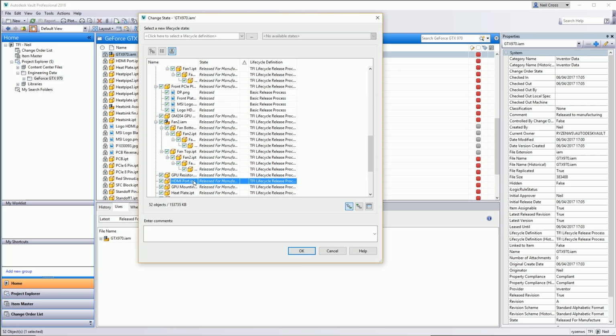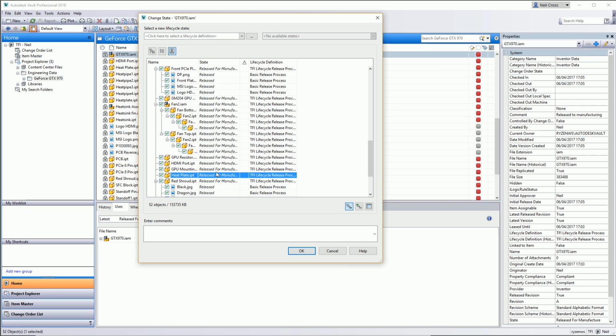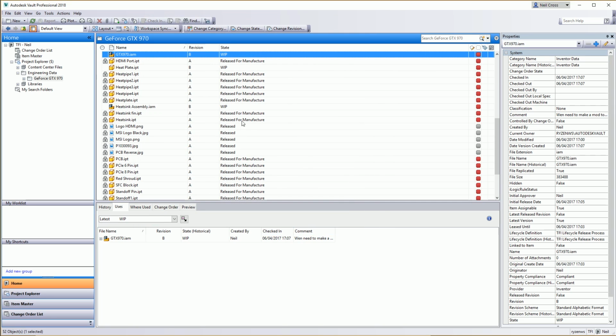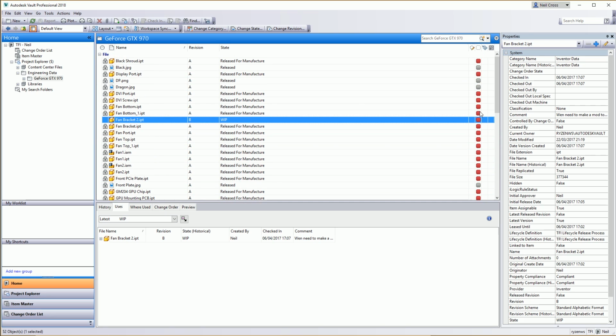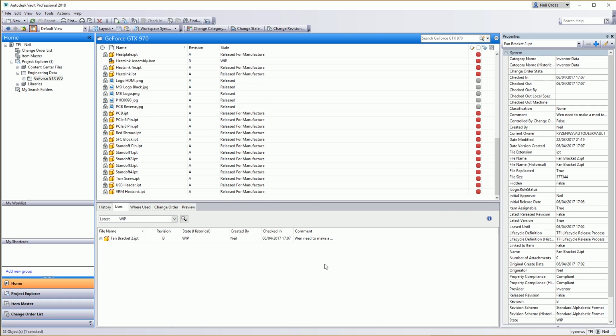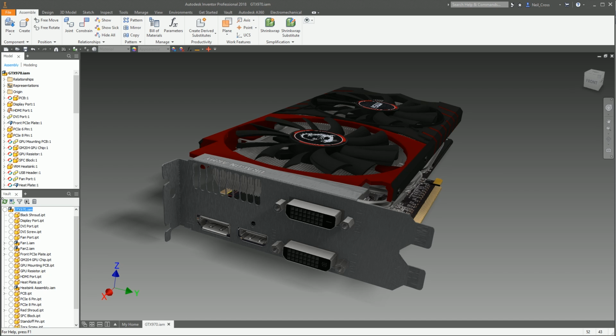The GPU or the HDMI, well, you wouldn't change an HDMI port, would you? That would be silly. The heat plate, we need to make a change to the heat plate, so let's WIP that, and then you can put a comment down here to say we need to make a mod to the heat plate because of insufficient cooling. Hit OK. And that then WIPs those parts that I selected in the change state dialog box, and they are now at revision B. And then what you would do, head back over to Inventor,